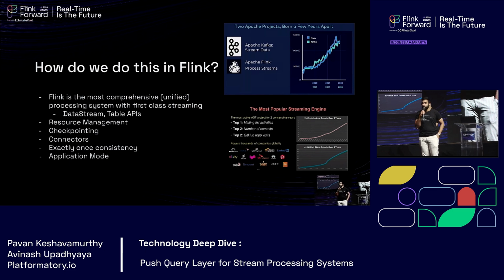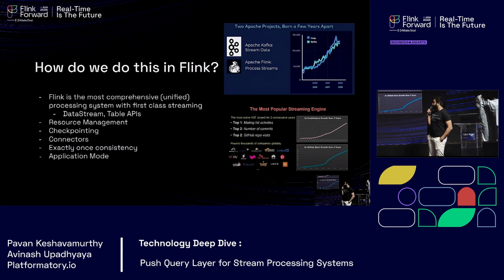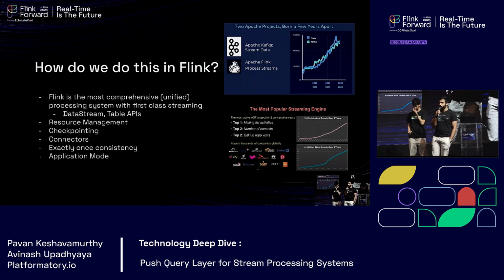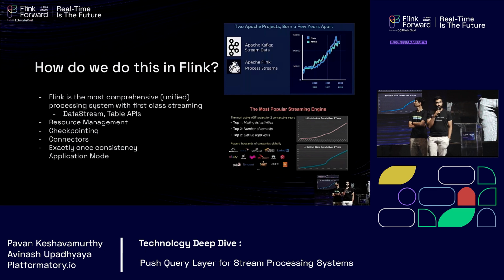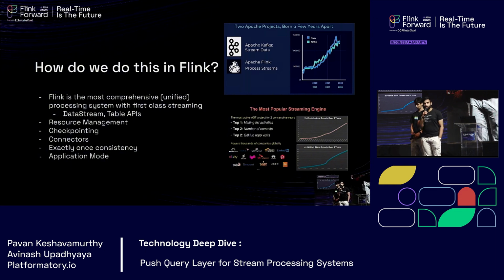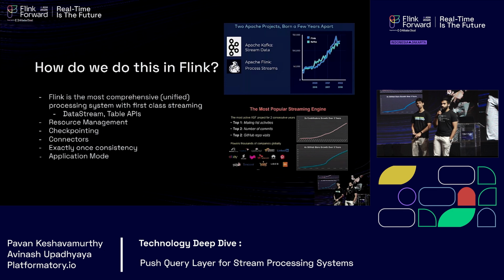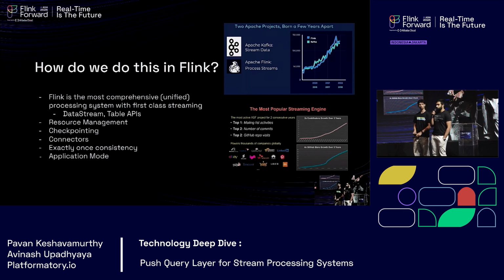All of these reasons compel you to use something like Flink, and it is also one of the most adopted Apache projects. If you look at where Apache Kafka was about 5 years ago, that's where Flink is now. Kafka is almost considered the de facto standard for streaming. So you would be compelled to think of Flink as one of the de facto standards for stream processing, given the adoption that it has seen. And we've seen that in all of the talks so far about how Flink is being used at various organizations, and some of the things that you can do with Flink, such as connectors. It's all out of the box with Flink. Yeah.